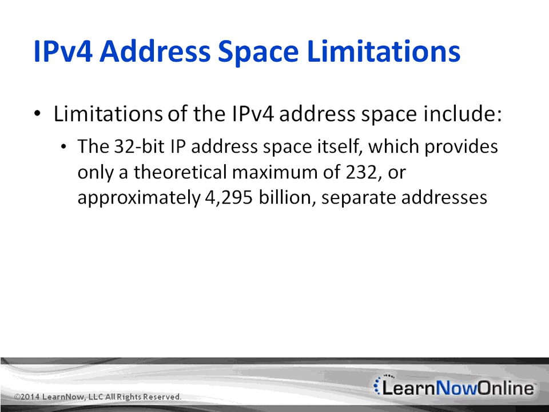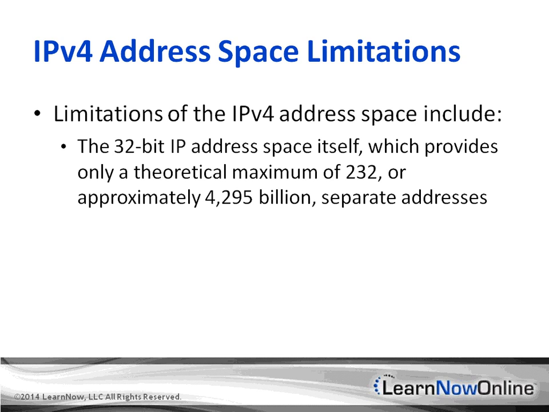You know, the 32-bit IP address itself, or the address space itself, provides a limited number of IP addresses. That should be 2 to the 32nd power, not 232. So it's roughly around 4.3 billion separate addresses. Now, when the inventors and developers of TCP/IP originally came up with it, that seemed like it would be more than enough. But of course, the internet has launched and taken off probably beyond anybody's imagination, and very quickly,